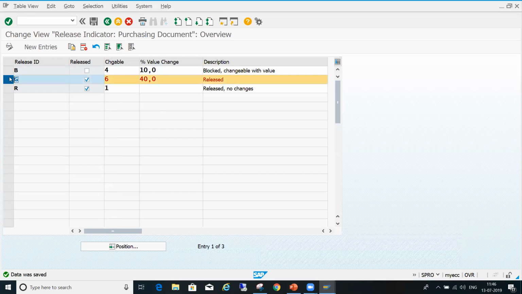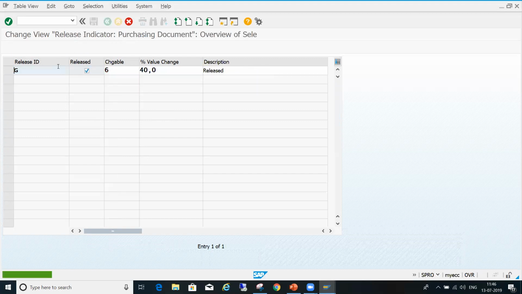For example, I will create release indicator first level.